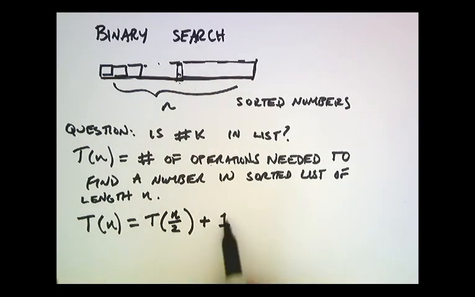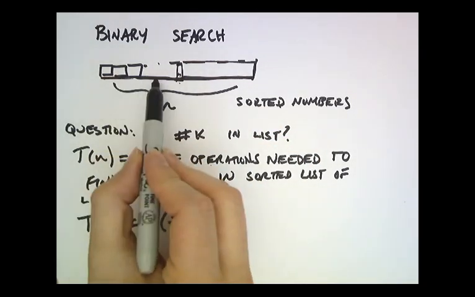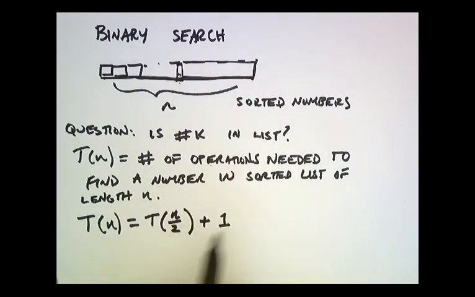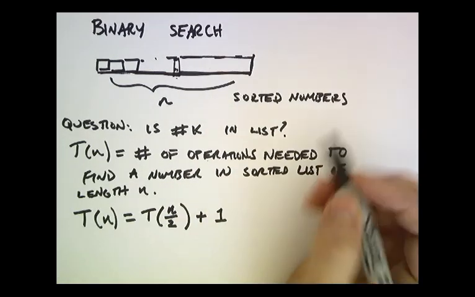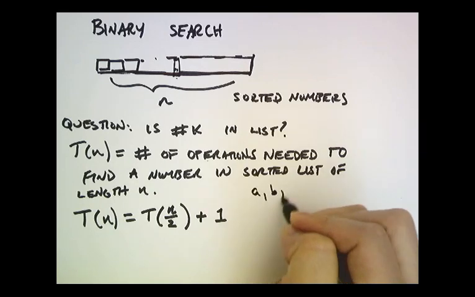Okay, so we used one operation to look at the middle of the array, and then we recurse on either the left or the right half of the array. And so then we have to do T of n over 2 additional steps in order to possibly find that particular number. So the number of operations for a list of length n is the number of operations for a list of length n over 2 plus that one operation to look at that one spot in the middle of the array. So here we have a recurrence, and what are our values for a, b, c, and